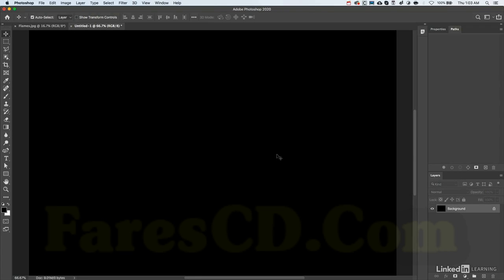Adding flames to your photographs is easy using Photoshop's flame filter. I opened up a document that is 4 by 6 at 300 pixels per inch, and I filled the background with black. Now I'm going to create a new blank layer by clicking on the plus icon in the Layers